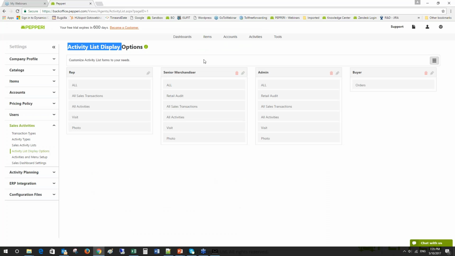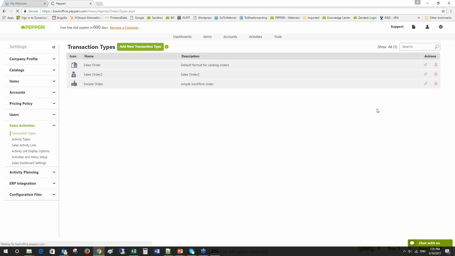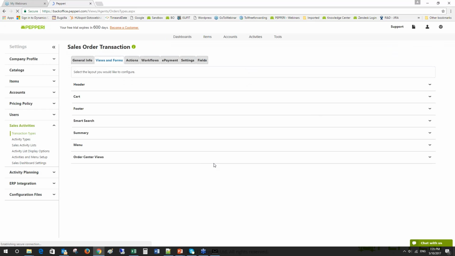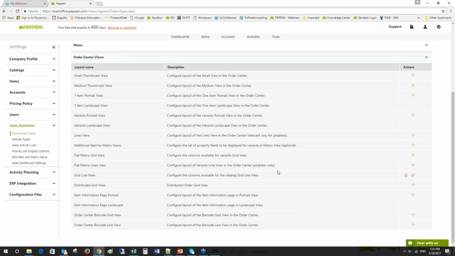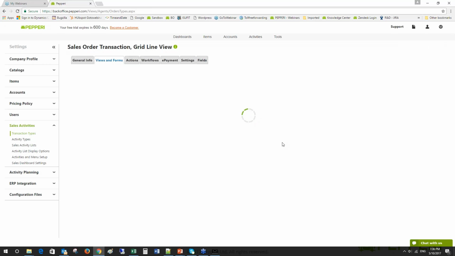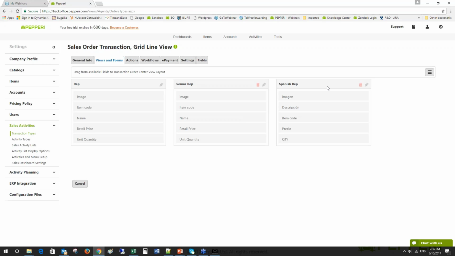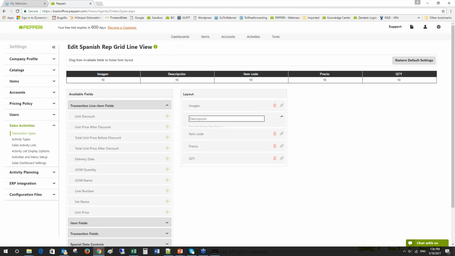And then what I did is I went to the configuration of the grid view I showed you before. I went to my sales order transaction. And what I want to do is show my Spanish rep users, Pepperi users. Here I added the profile Spanish rep. And instead of using the typical description column that you saw before, it's property 2. I mapped the Spanish translation of the item description to property 2,